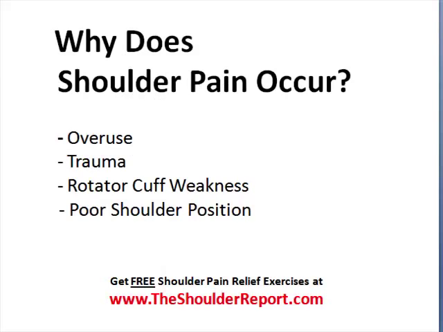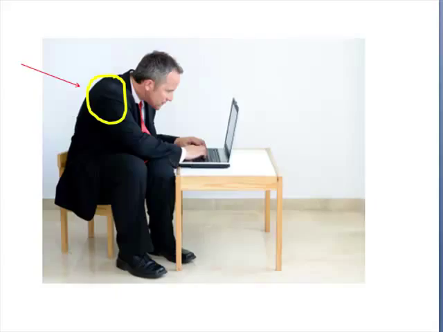Now, why does rotator cuff impingement occur? Typically it can be because of overuse. It can also be because of trauma that leads to inflammation and swelling inside your shoulder, causing impingement. It can be because of rotator cuff weakness, and also chronic poor shoulder position. This last one is actually what I really want to mention, because this is one of the leading contributors to